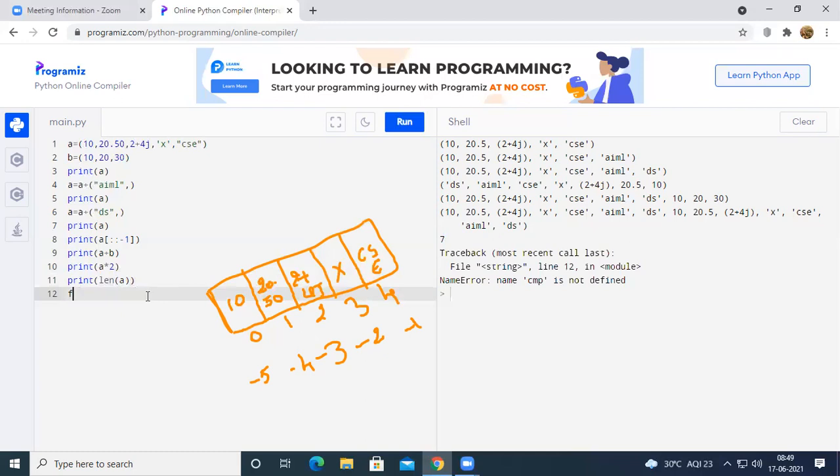For example, if I'm taking a condition here, if A greater than B, let us take one value, C equal to CMP of A comma B. I will check this comparison function again, and I will let you know about it.